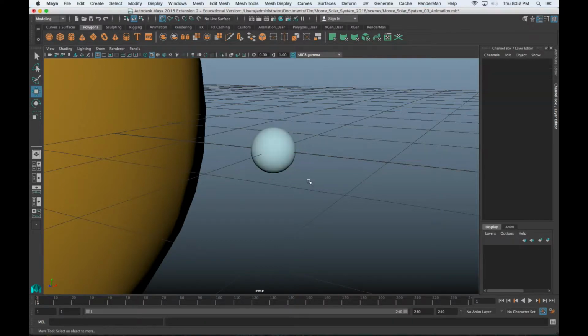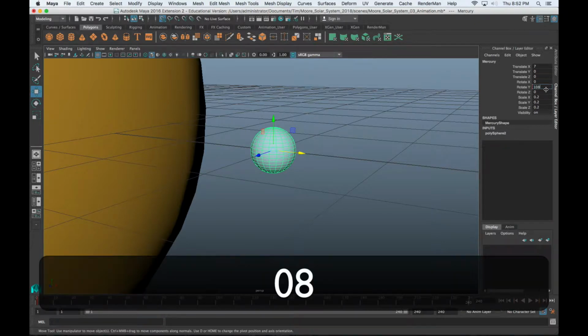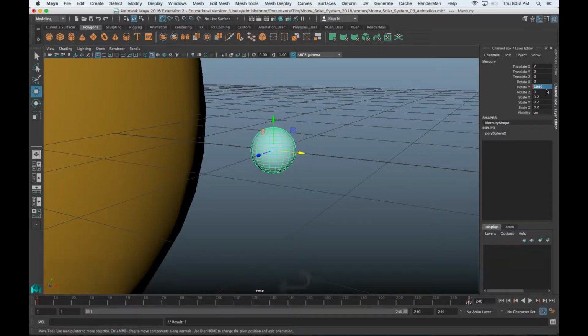There's my keyframe for the first value. Now I'm going to go all the way to the end, and I'm going to set my keyframe for the final value. The rotation that I'm going to select is, make sure I have the appropriate planet selected, I'm going to rotate this along the y-axis. I'm going to go 1080, which is 2.5 rotations. No, it's not. It's 3. Math is hard. It's 3 rotations. Okay. Now, I set 1080,